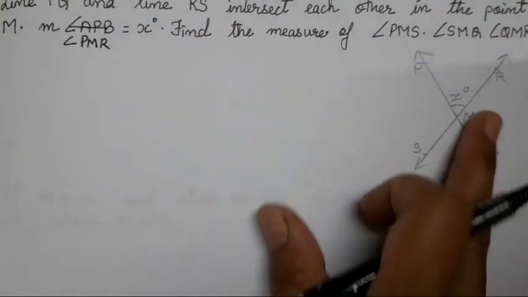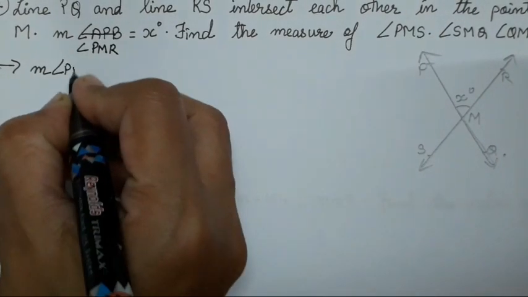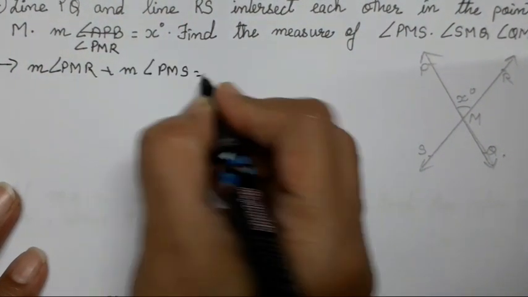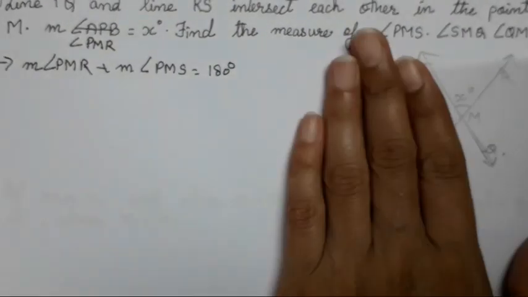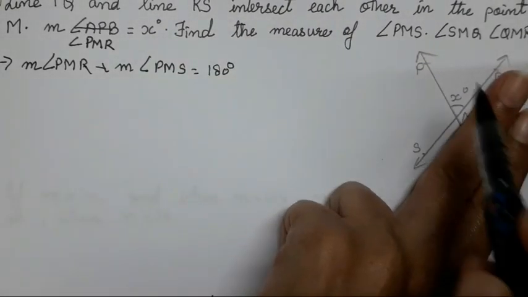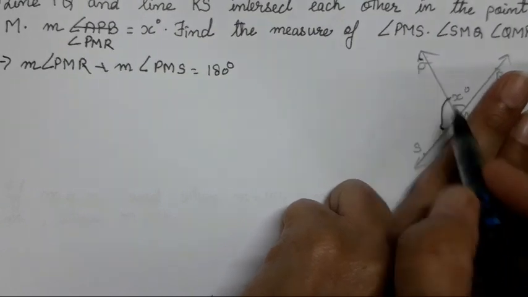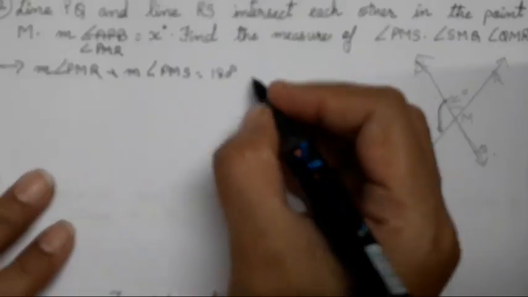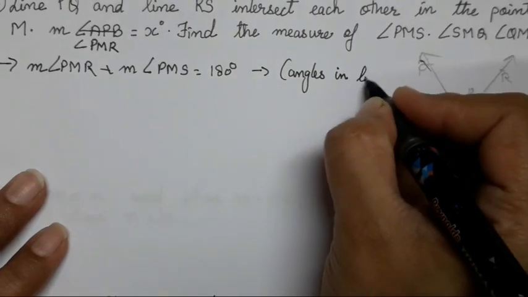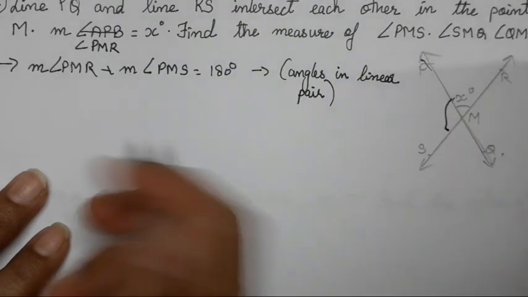Okay, so हमें ये तीनों angles अभी find करने हैं. Same kind of problem sum. So measure of angle PMR plus measure of angle PMS is equal to 180 degree. अब हमने क्या कर लिया, PMR and PMS. So ये we have forgotten and we have taken this complete angle, ये वाला angle and ये वाला angle, this angle and this angle, which is 180 degree, which is forming angles in linear pair. Okay, isn't it? Angles in linear pair 180 degree का form होता है.